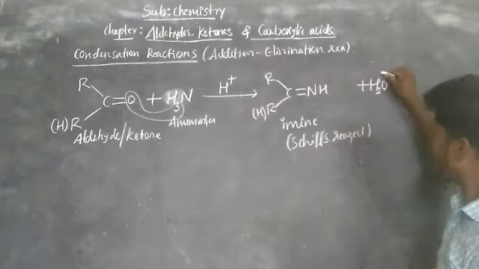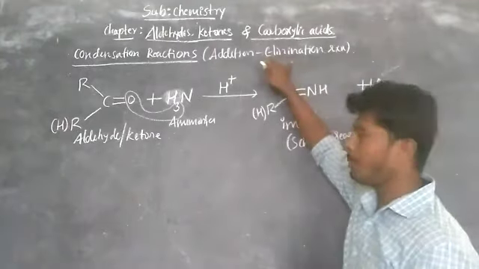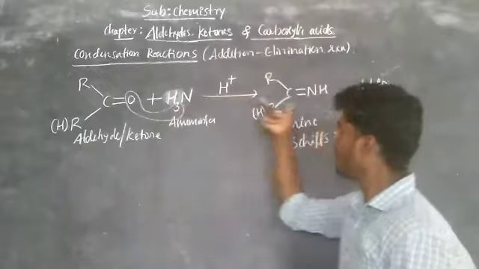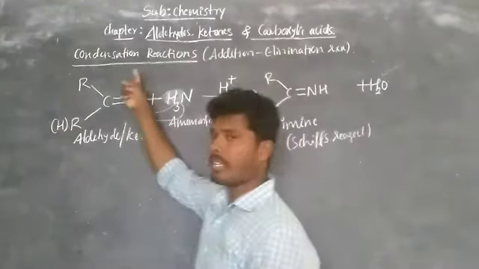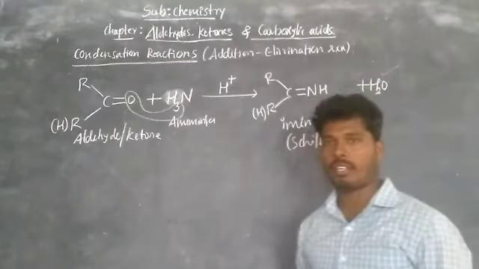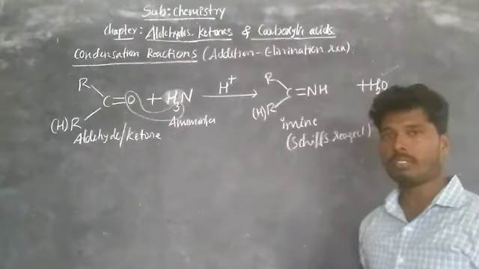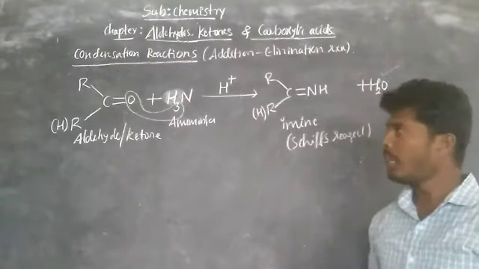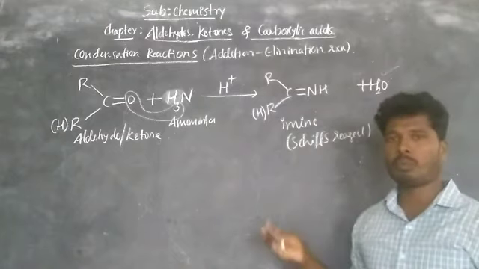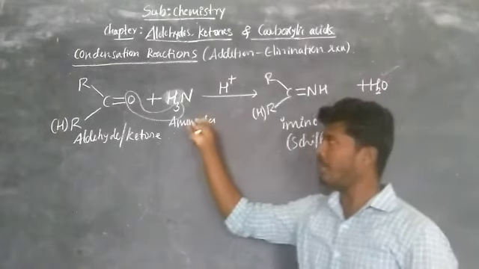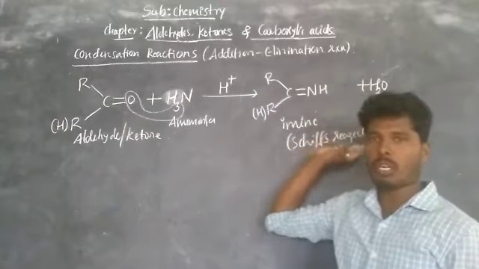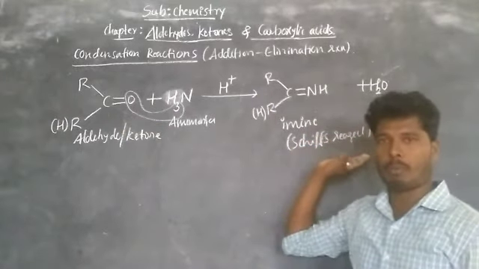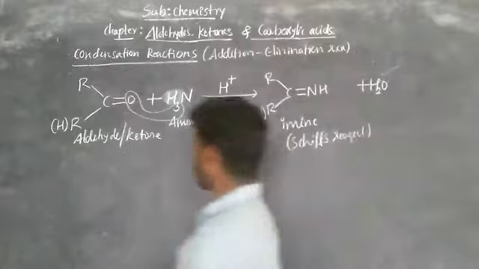So observe the elimination of water which takes place, and the addition of the reagent takes place, so we call it addition elimination, and the overall reaction we call the condensation reaction of ammonia. This is a general reaction. Now here we have studied 4 different types of reagents adding with aldehydes and ketones, the respective compounds and the names of those compounds.